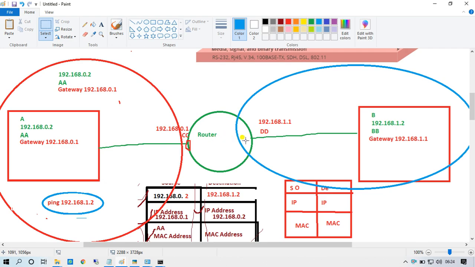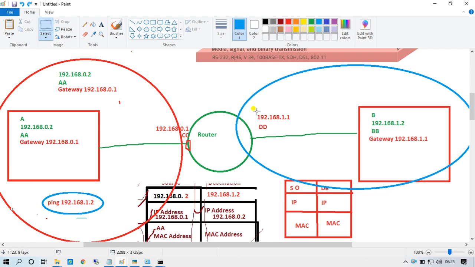If the routing information is available for that network, then what will it do? The router will create an ARP packet and forward it using this network. The ARP packet will be generated with the source IP and destination IP, and for this IP it uses broadcast, the broadcast IP address or broadcast MAC.